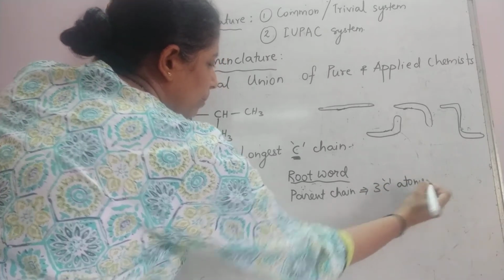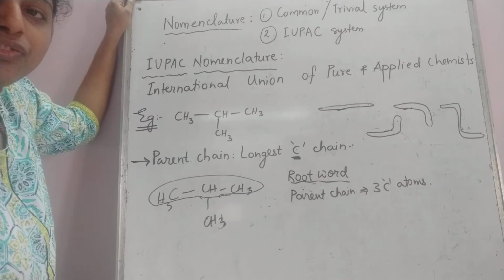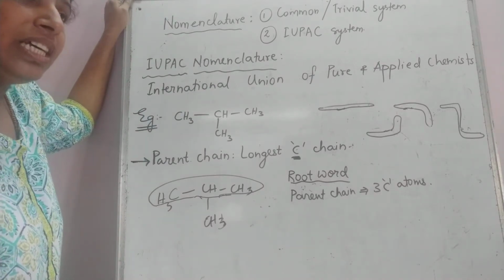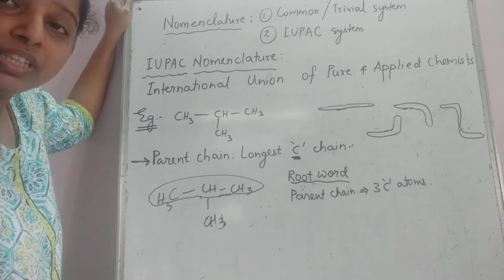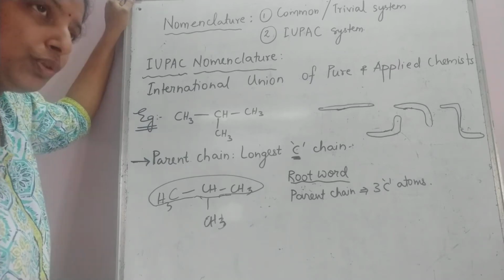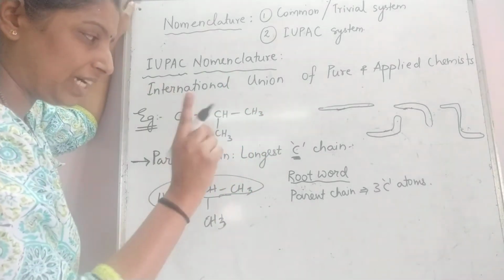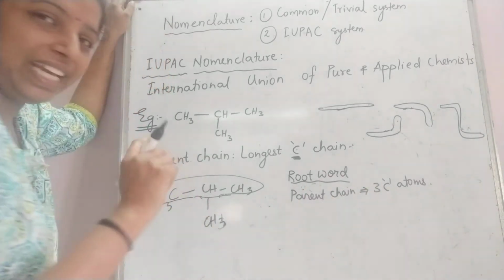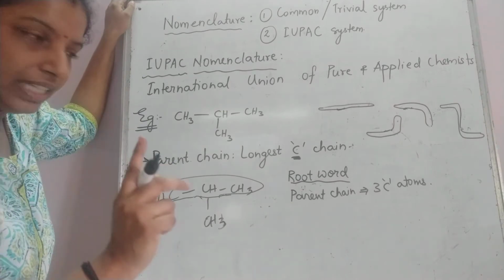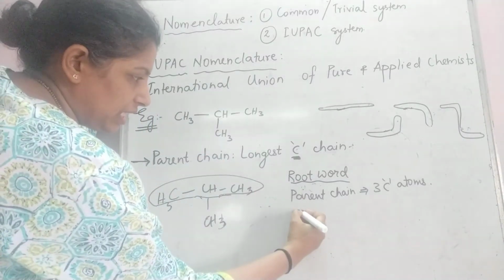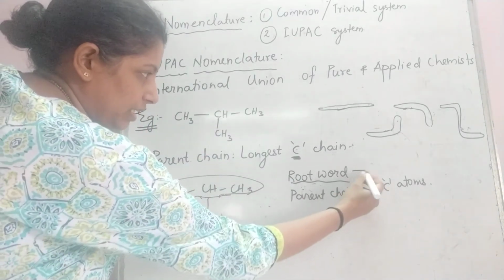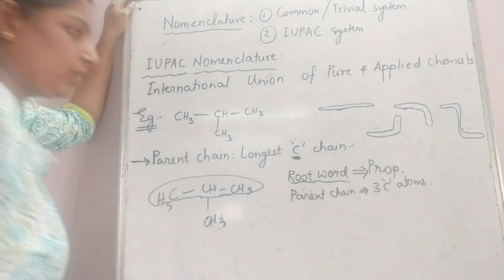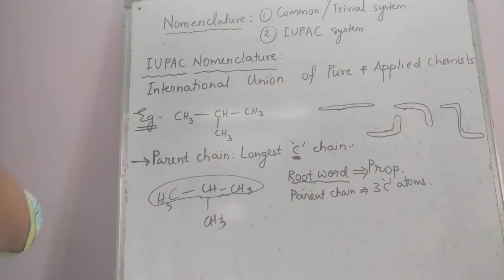Now remember when we had written names of alkenes, there we had written the root words depending on the number of carbon atoms. So if you go back to that table, you will get to know that when 3 carbon atoms are there, when n is equal to 3, then the root word is what? The root word is pro.